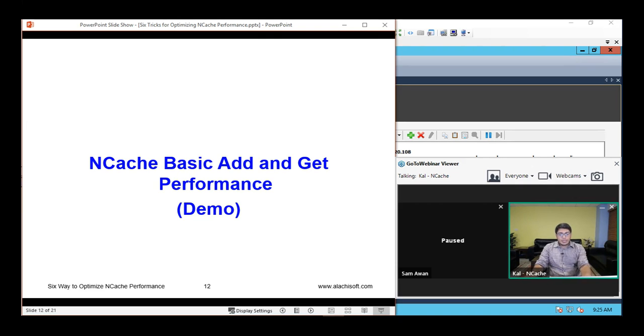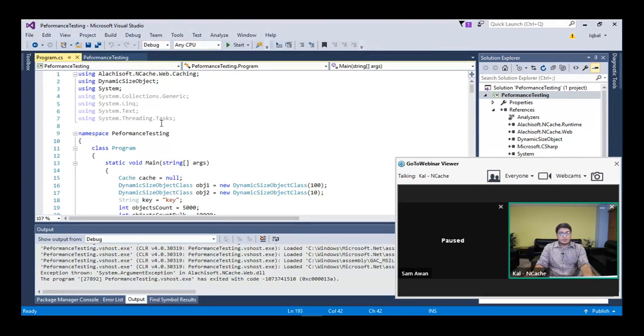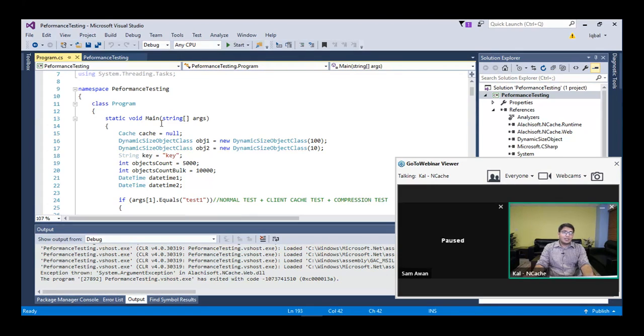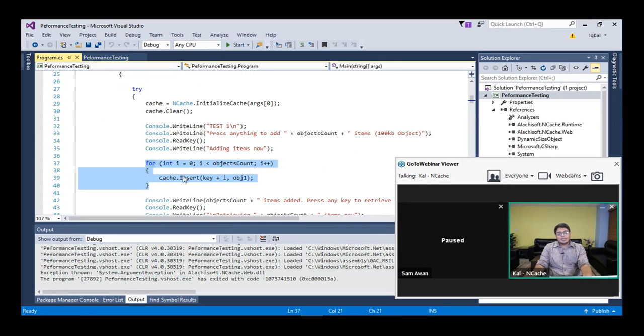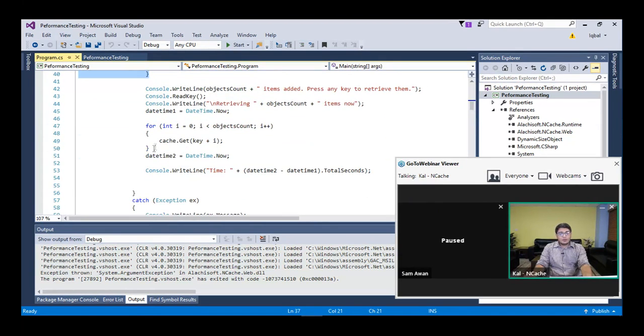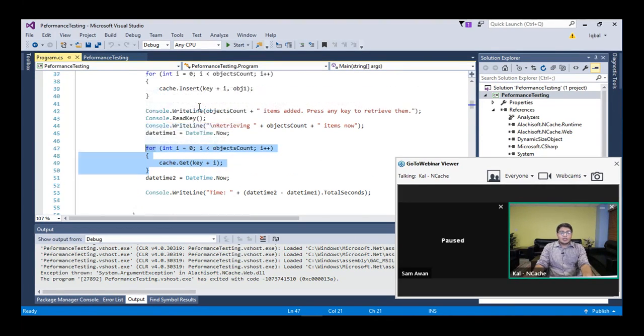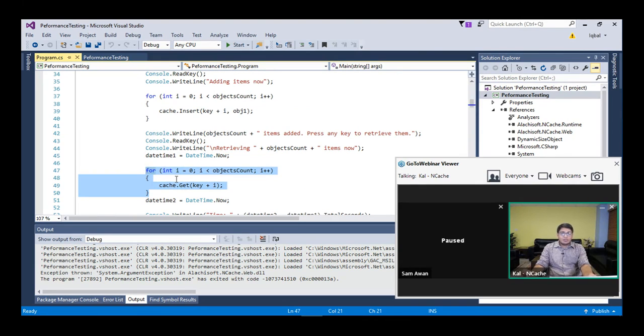So the first one, let's come back to this sample right here. This is a sample, and I can provide this code as well. This is what we are going to use to show you the baseline. In test one, we're adding 5,000 items into the cache, each of size 100 KB, and then we're going to be fetching those items from the cache. This test will just get us the time the whole code takes. In the fetching part, the loop runs 5,000 times because 5,000 items need to be fetched. In later tests, we're going to cover how different features can help in this case. So let's run this.